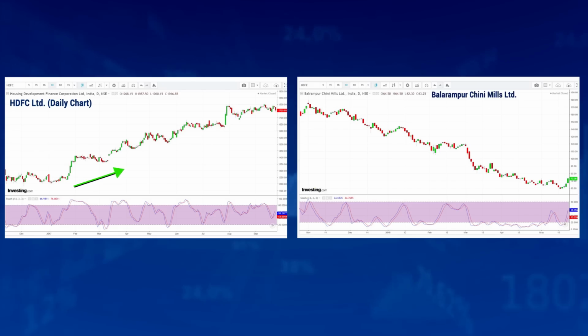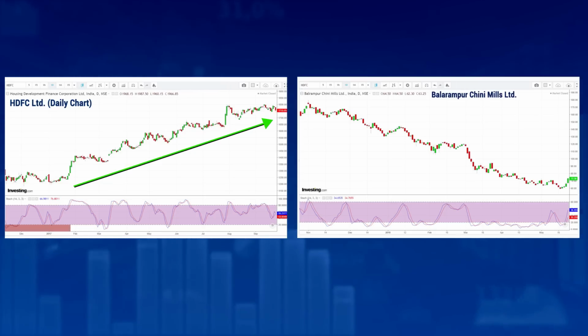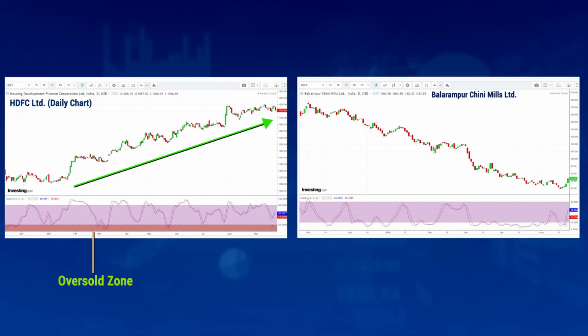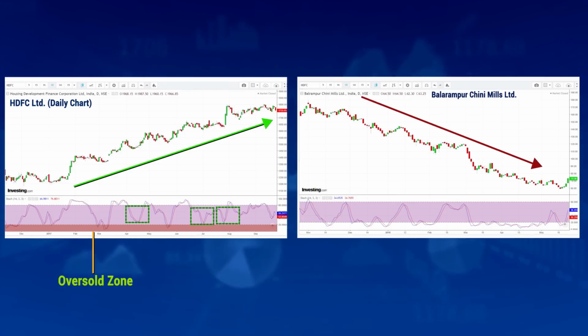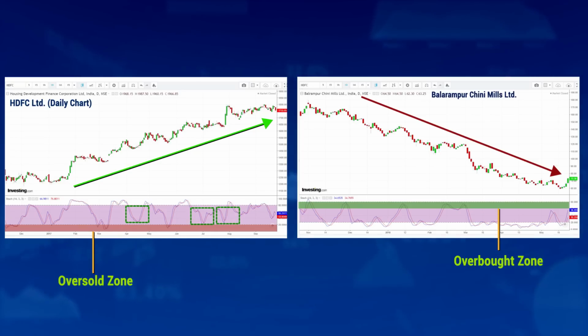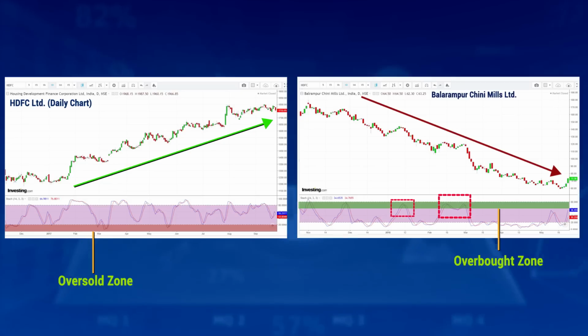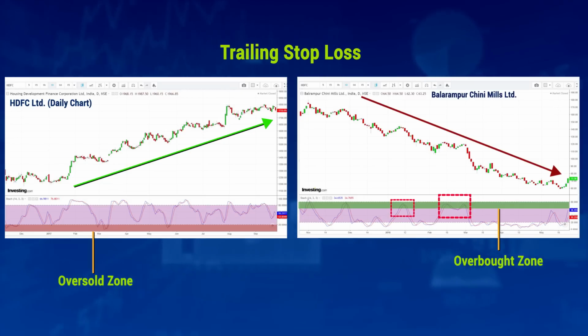Now if the downtrend is very intense, or say, as we have discussed earlier, the uptrend is very intense, we may not have a situation where the stochastic is coming back to the opposite zone. Like in the case of a bullish up move, it comes back during the corrections to the 20 level, or in the case of a down move during the corrections, it goes back up to the 80 level. We may not find such entry points, so it is wise to use a trailing stop loss instead of booking the entire profit in one go.